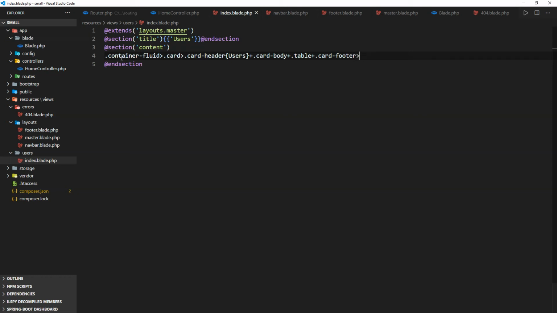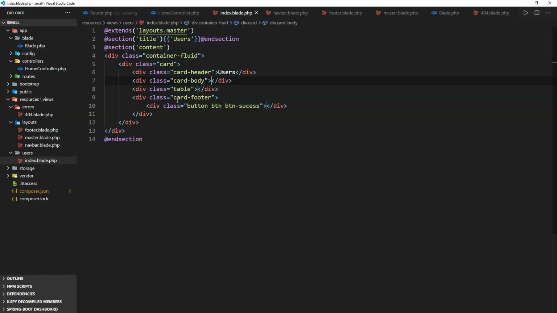Inside the card footer, I'm going to say button, then button, then button-success, like that. I'm going to hit tab, and here we are, we have our card header, and